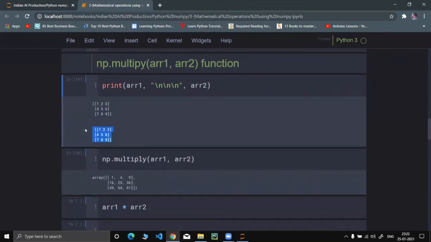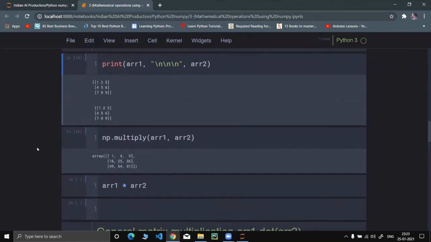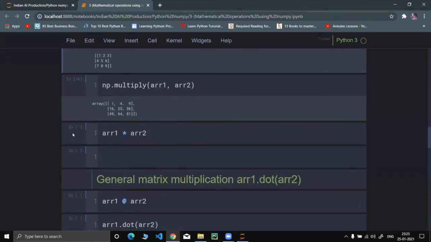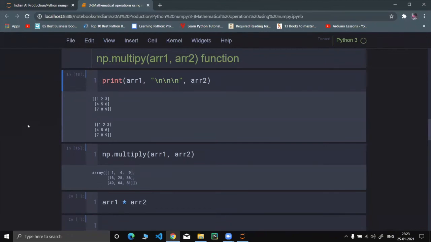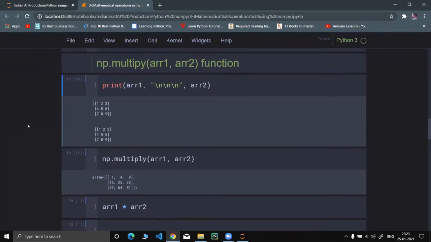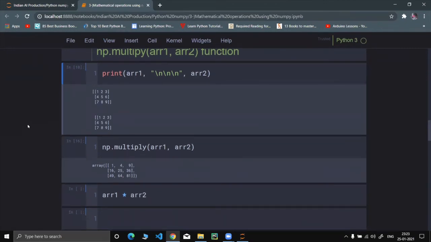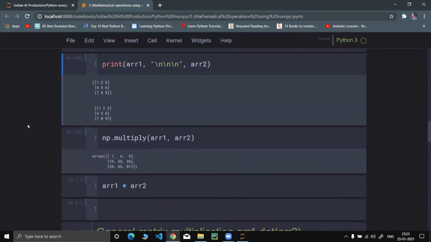This is our second array. This numpy np.multiply function will multiply element-wise. So first element into first element, second element into second element, third element into third element, and accordingly. It will not do the multiplication as Adi was trying to say, row of first into column of second. No, that won't happen over here. This will do element-wise multiplication.